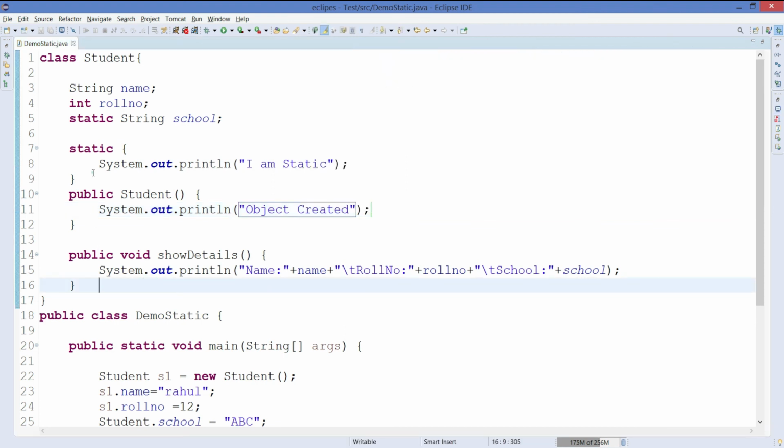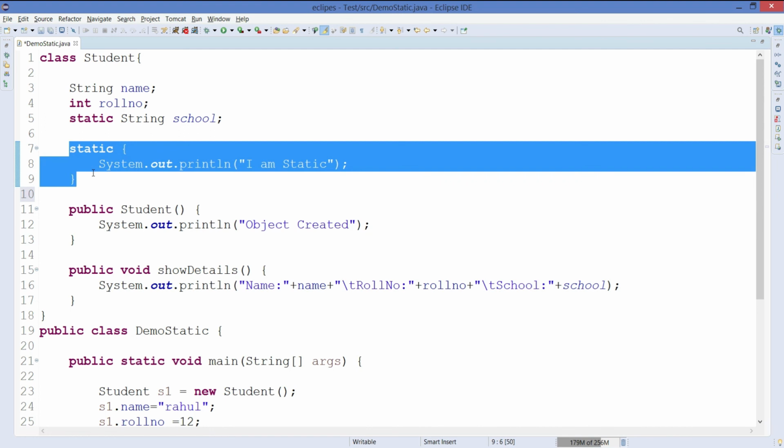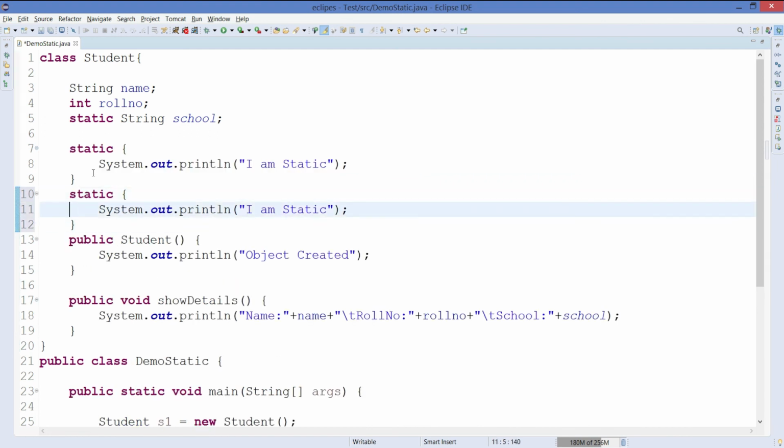Let's do one more thing, because most people get confused about the sequence. For example, there is a concept of sequence also in static blocks. If you have multiple static blocks, which static block is going to execute? In that case, the static block which is there at the beginning will execute first.